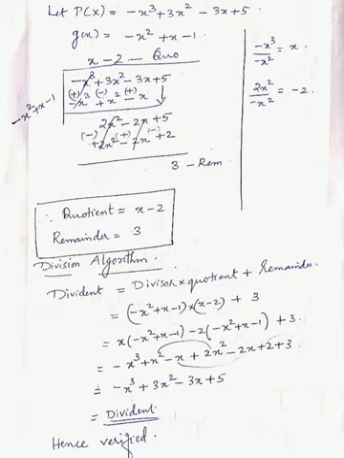How we are doing numbers division, the same procedure we have to do the division. Okay. So in 8th standard, 9th standard and all you studied this pattern of divisions. So nothing difficult in that. You see the question. The dividend, that is minus x cube plus 3x square minus 3x plus 5 divided by the divisor g of x, that is minus x square plus x minus 1. For dividing this type of polynomial, first you must see what is the dividend's first term? Minus x cube, isn't it? Divisor's first term is minus x square. So first you must do the division in the rough column, minus x cube divided by minus x square.